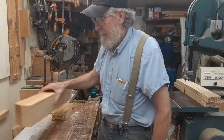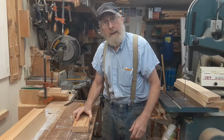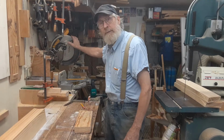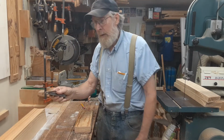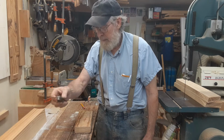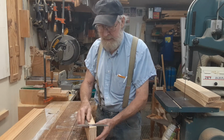Okay? Now I'm going to step back for a second. I'm going to move back a step, and I'm going to try to show you how you need to lay out these lines if you don't have this saw, if you're going to just cut these by hand. What you do is you get some kind of a thing like this. I think this is called a sliding T-bevel. You get this and set it at 15 degrees,